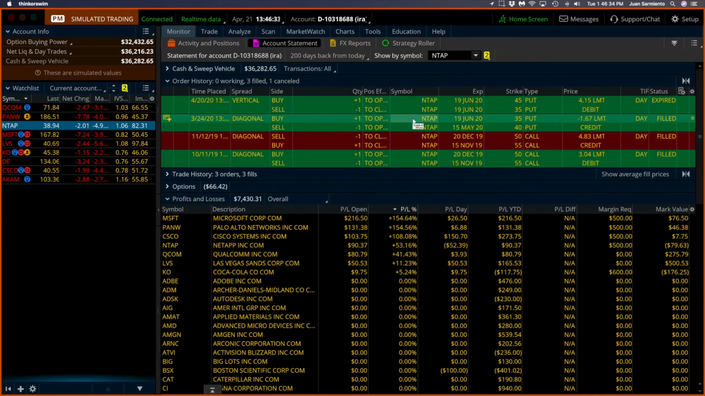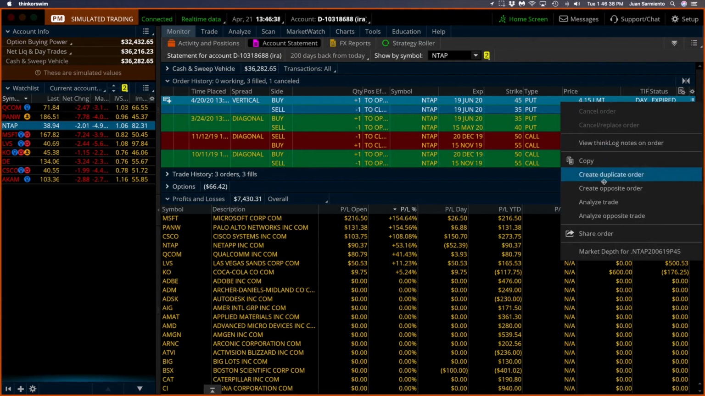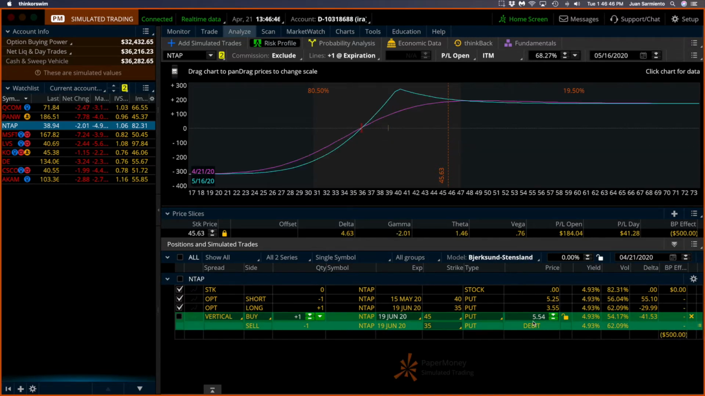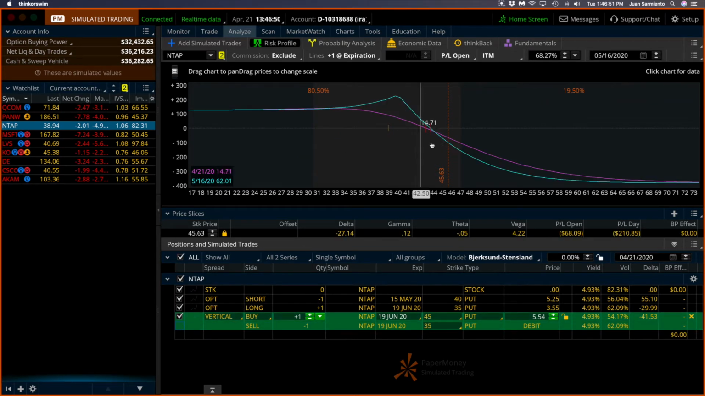Yeah, it was, NTAP was canceled, expired. Okay, so that means that's not a good enough price. It needs to come down. It's actually going to cost me $5.54. And I don't like the way this looks. So right now, this price is probably not the right one. It would probably be different